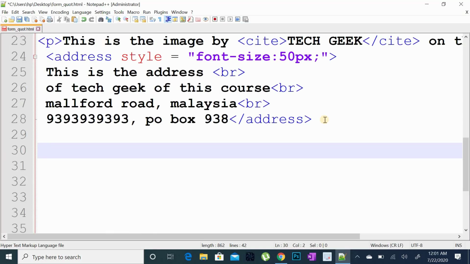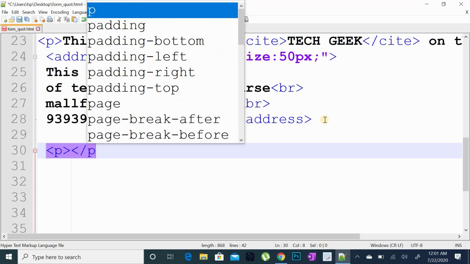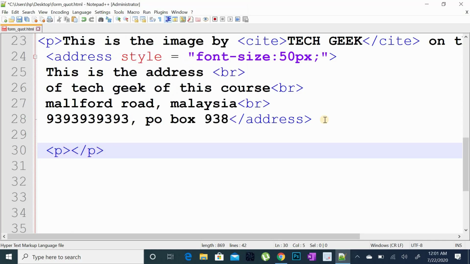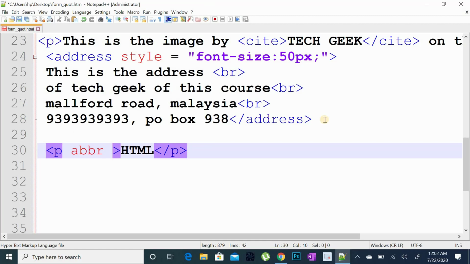Another important quotation in HTML is the abbreviation quotation. For example, I have a paragraph, and we can say that we have a title by the name of HTML, and users don't know what HTML is. This is so simple that you understand already that HTML is hypertext markup language. There could be a situation where the user wouldn't be able to get the meaning of the abbreviation. So in that case, we will use the abbreviation quotation, and we will say that the abbreviation title is equal to